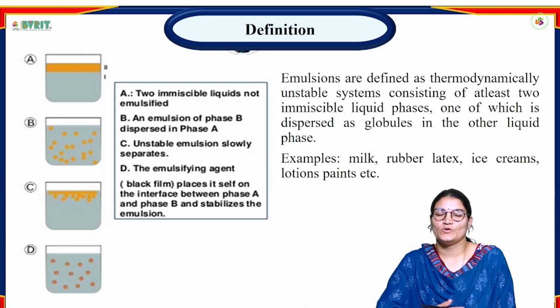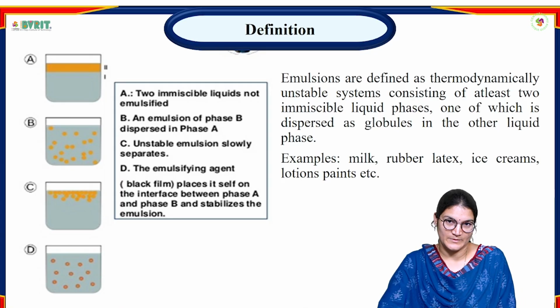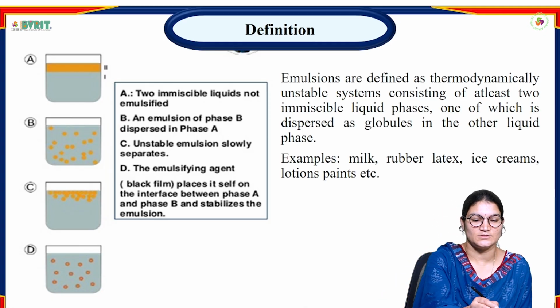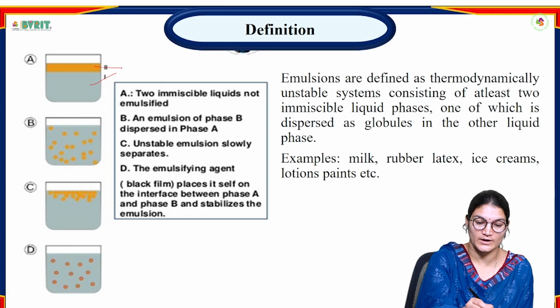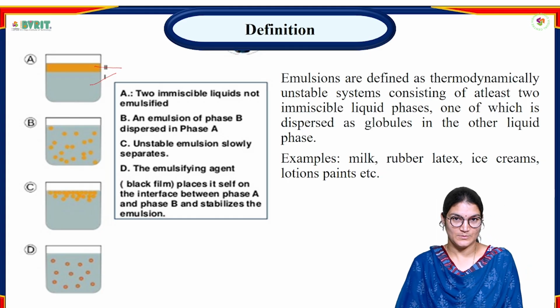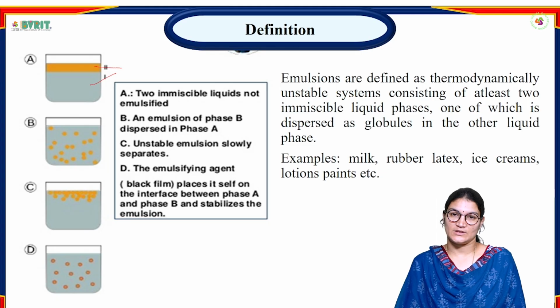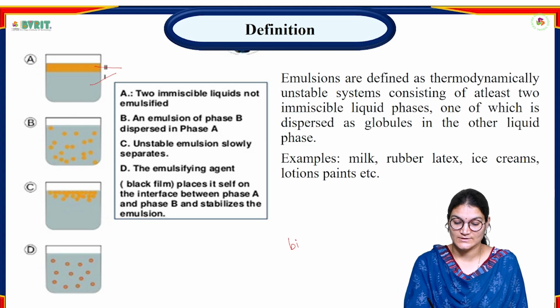What is an emulsion? Before going to the topic, let us discuss what an emulsion is first. You may know this example: if you want to mix water in oil, obviously it's impossible because water and oil are immiscible with each other. So, we call emulsion a biphasic system